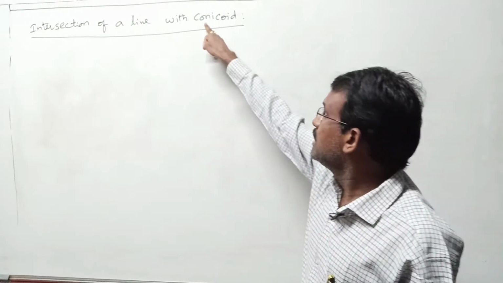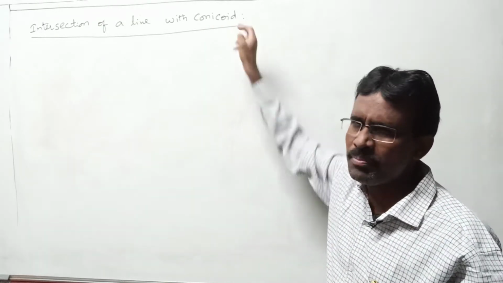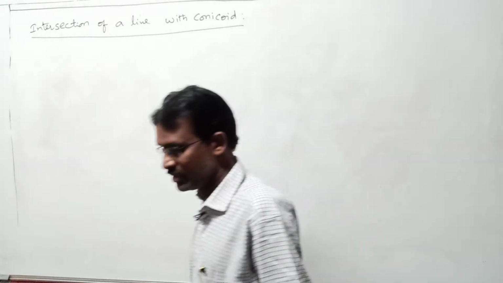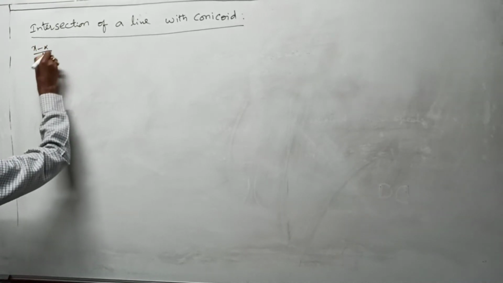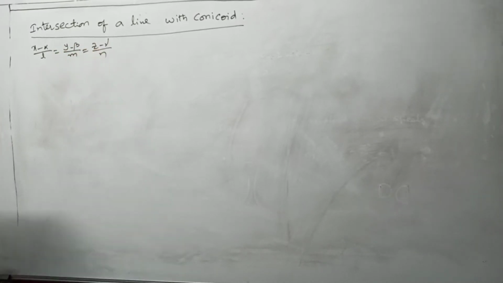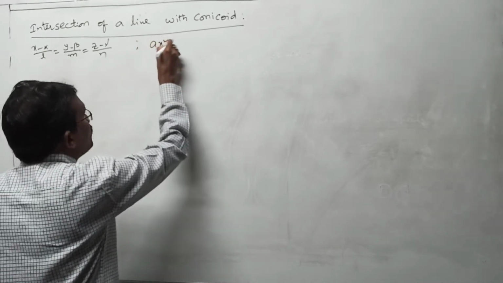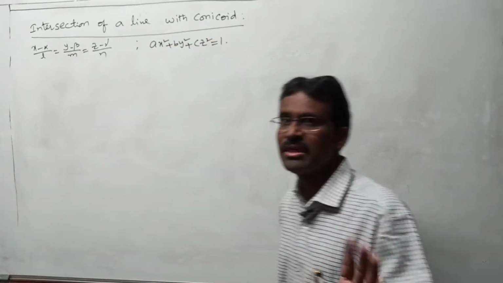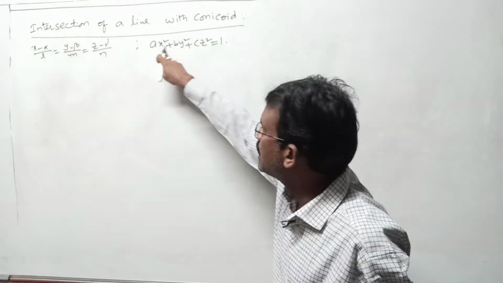In unit 1, instead of conicoid we had spheres. In unit 2, instead of conicoid we had what? Cone. Apart from that, logically there is no difference at all. That we are going to discuss now. Take your given line, x minus alpha by l is equal to y minus beta by m is equal to z minus gamma by n. It intersects the conicoid ax square plus by square plus cz square equal to 1. Conicoid means always take a central conicoid, because our syllabus is completely on central conicoids. That's why I take the central conicoid equation.